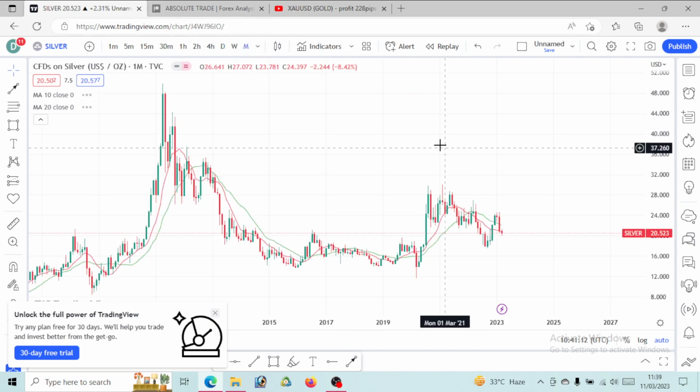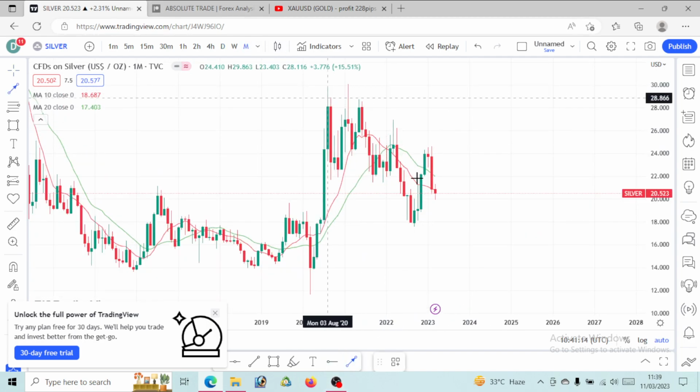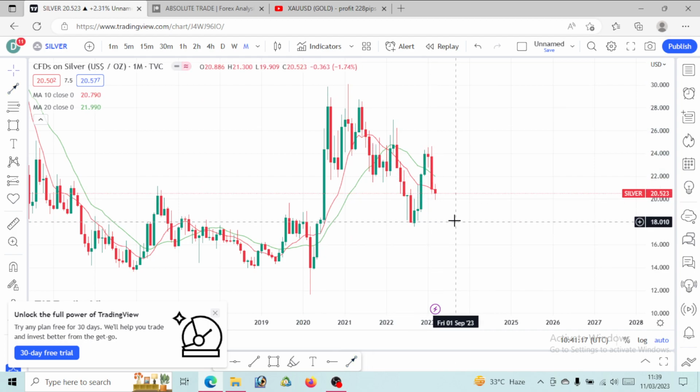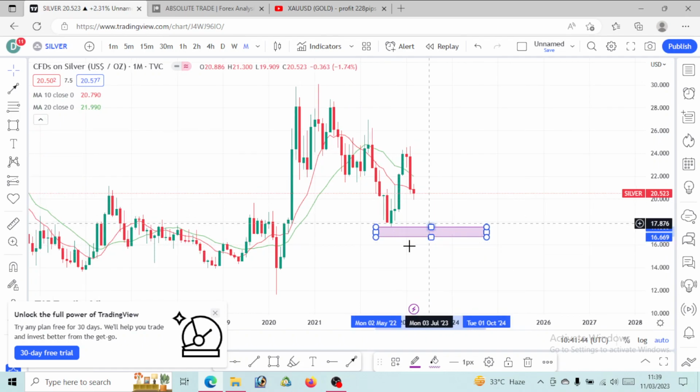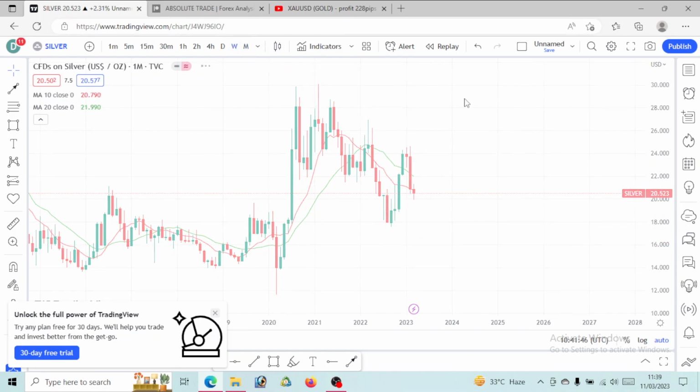Let's see it on the monthly time frame. I want you guys to understand this. We can see that this trend is clearly a downtrend move. So probably in 2 months' time, I'm just saying 2 months' time, we should be able to break these lows. So that is what's on the weekly aspect of this, in the daily aspect of this, right? In the 4 hour time frame charts, all we want to look for is actually a sell movement. We want to continue to drop because we know we are currently in March, let's say around April, around ending of April or May, within that ending of April or May, we should be able to take out these lows. So in the long run, silver will actually still drop.